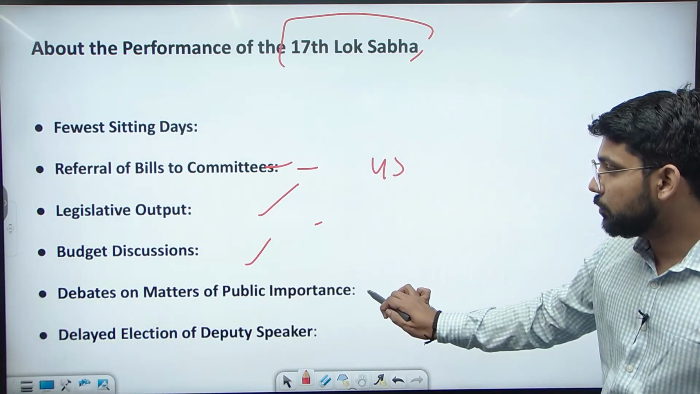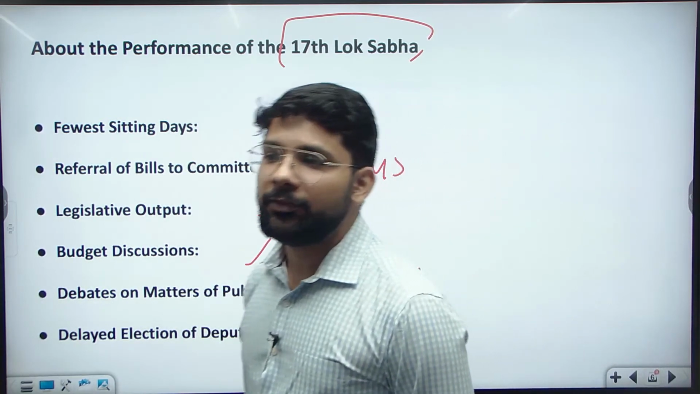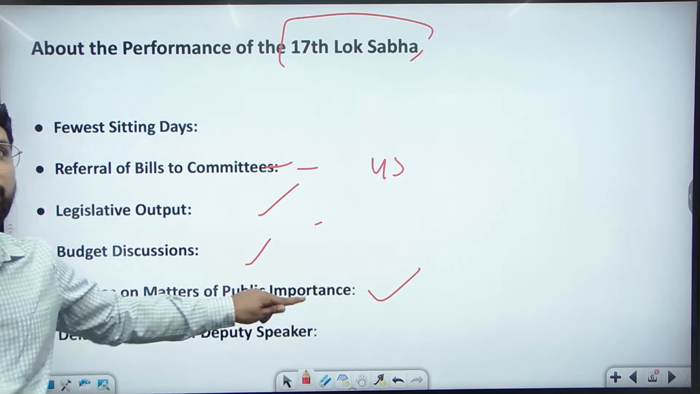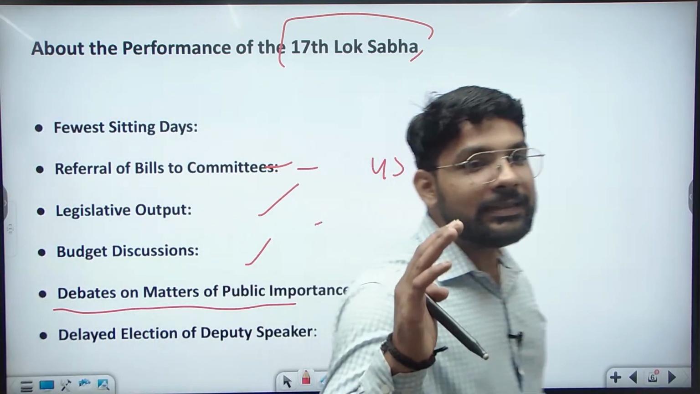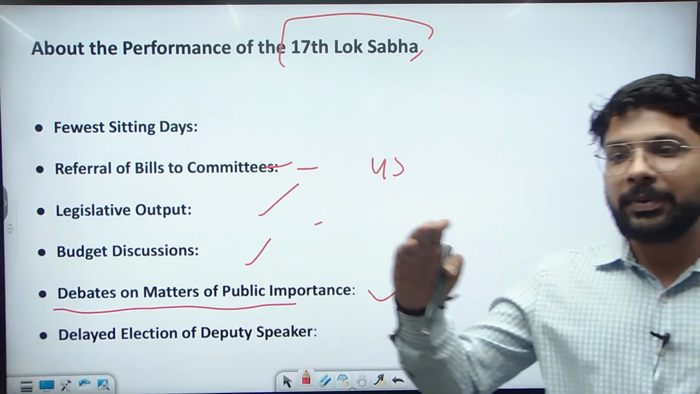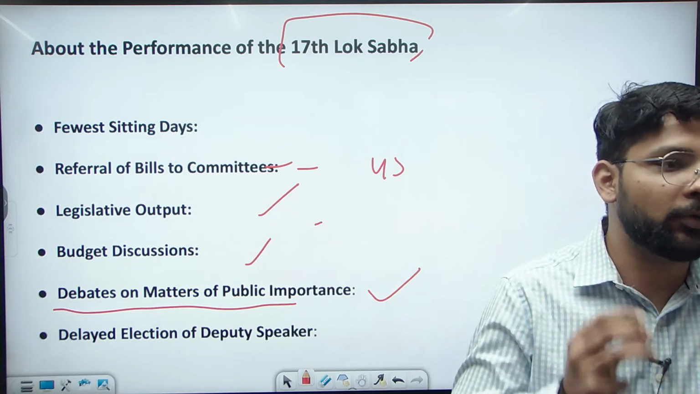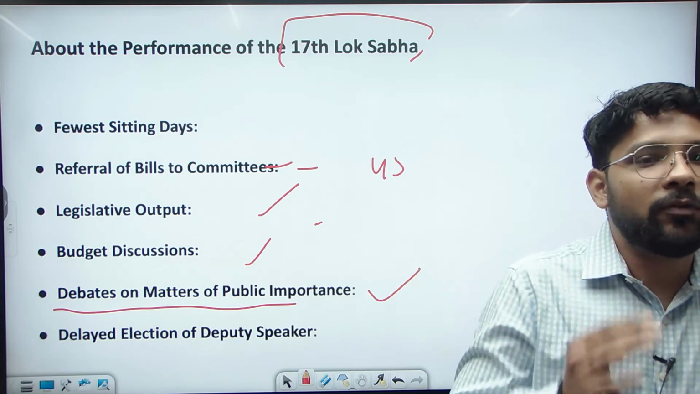Next is the debates on the matter of public importance. And this is one of the negative effects. One of the large effects, debates on the matter of public importance. Like in the last 9-10 years, after the BJP or the NDA government, there is very little discussion on public importance issues. And a live example you can see is the issue of the farmer bills,